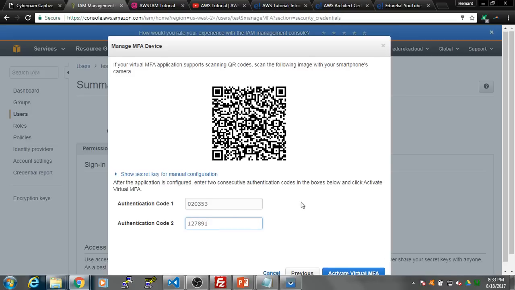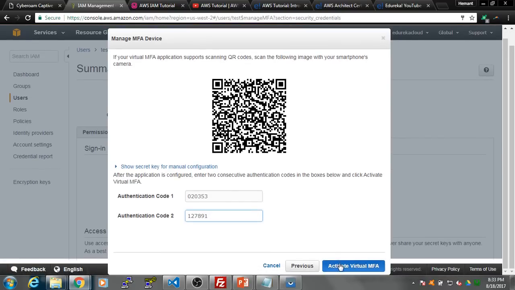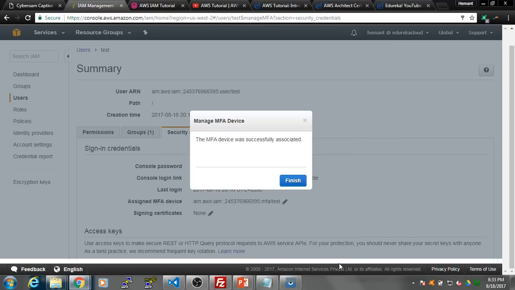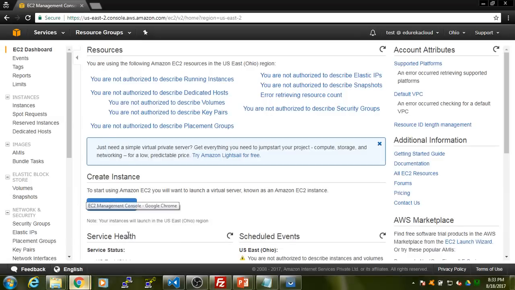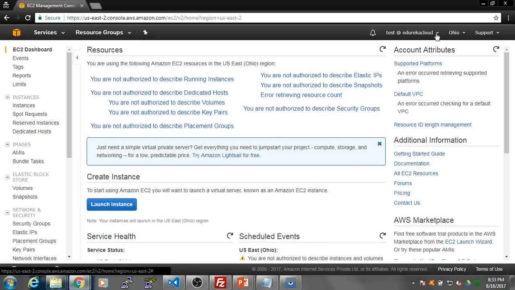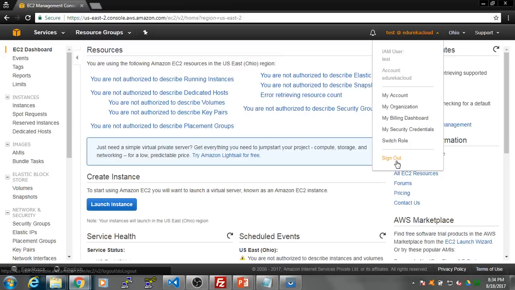Now I'll click on activate virtual MFA, and it says the MFA device was successfully associated. I'll click on finish, and that is it, guys. You're done. Now if I log out from my test account, this is my test account, if I log out from here right now,